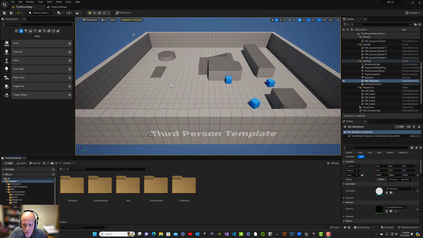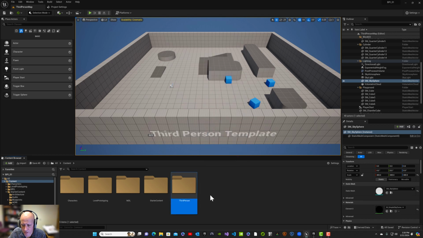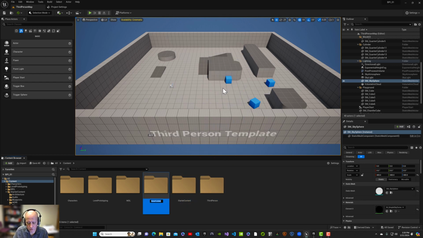So the first thing that I'm going to do to get started is I'm here in my root content directory, and I'm using a third-person template, as you can see here. I did include starter content, so we have all those assets. This is all I need to really demonstrate this right now. So here in my base content directory, I'm going to make a new folder. I did that again by right-clicking in the empty space, choosing New Folder, and I'll call this Blueprint